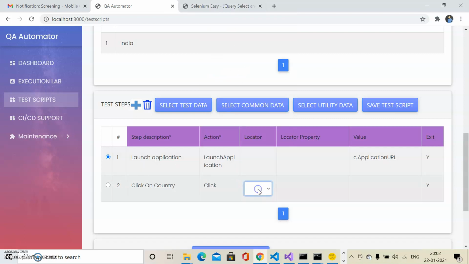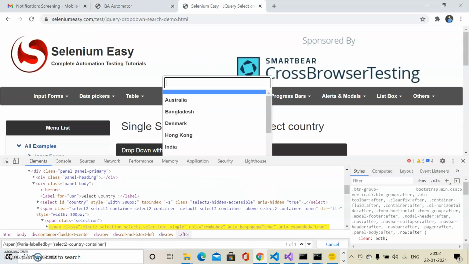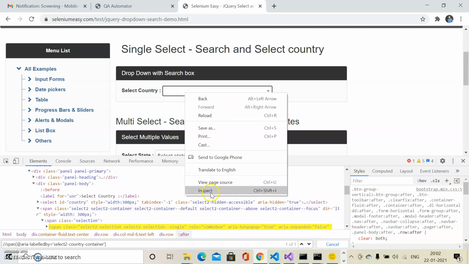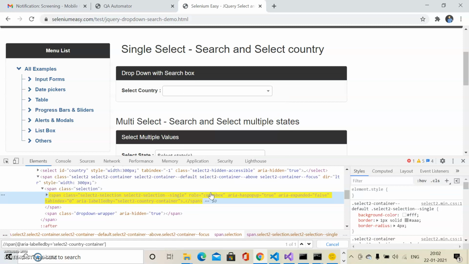For the locator, it provides all the locators, around seven or eight of them. I have to click this drop down and select XPath or ID or any value. So I'm putting this XPath for step 2.